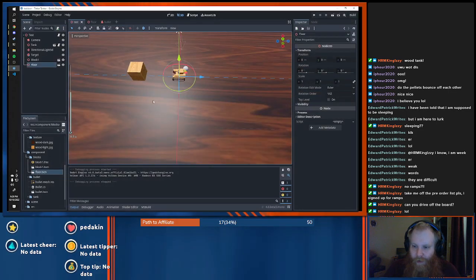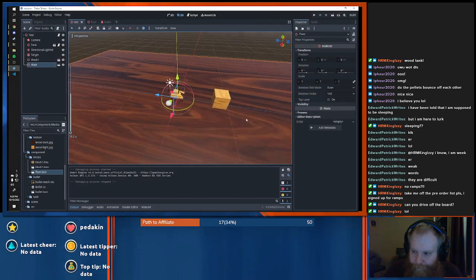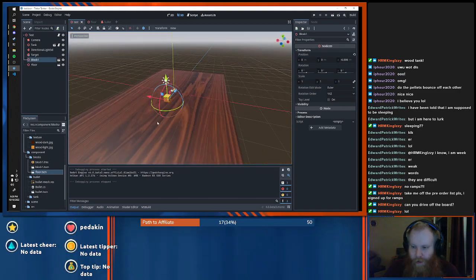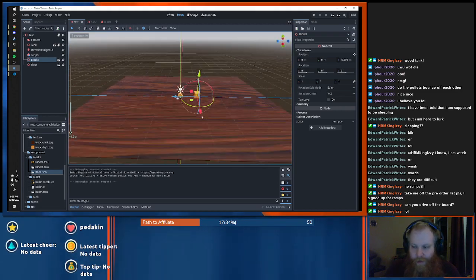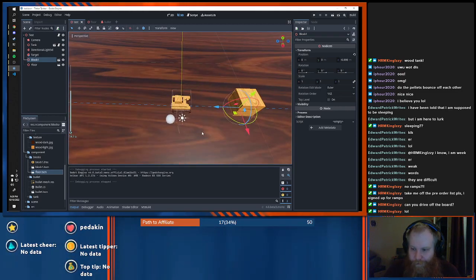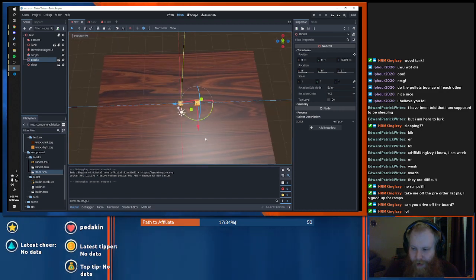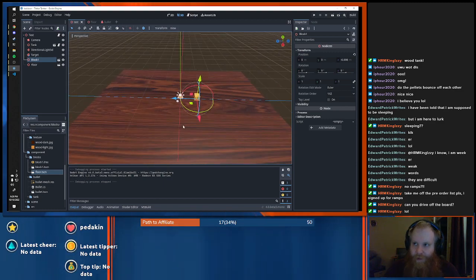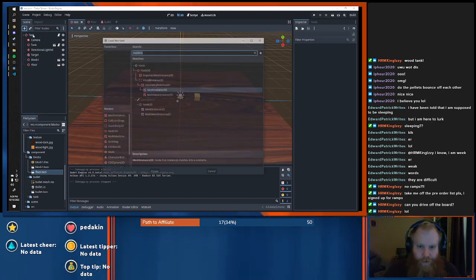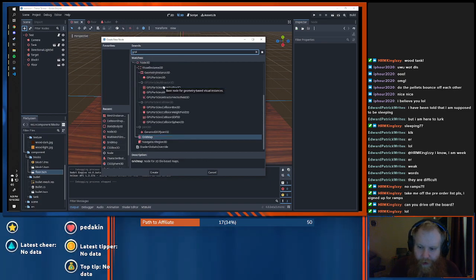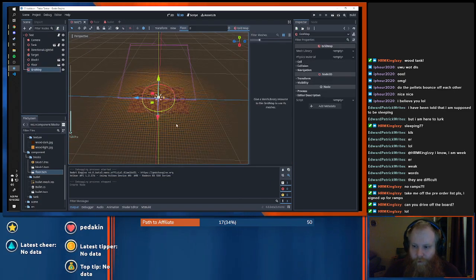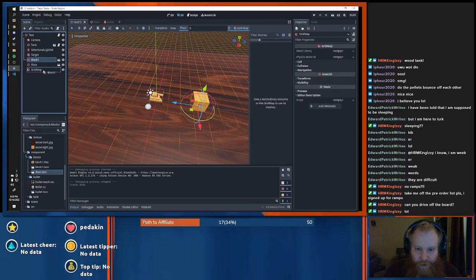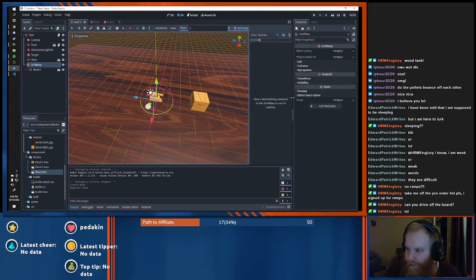Alright, so we have a block. It's built the right way, and the floor is built the right way. I guess what I can do now is actually build a test level. So let's do that. There's one thing I want to try to use, and it's called, is it a grid map? Grid map. Whoa, that's cool. And can I make the blocks children of that grid map? Is that how this works?